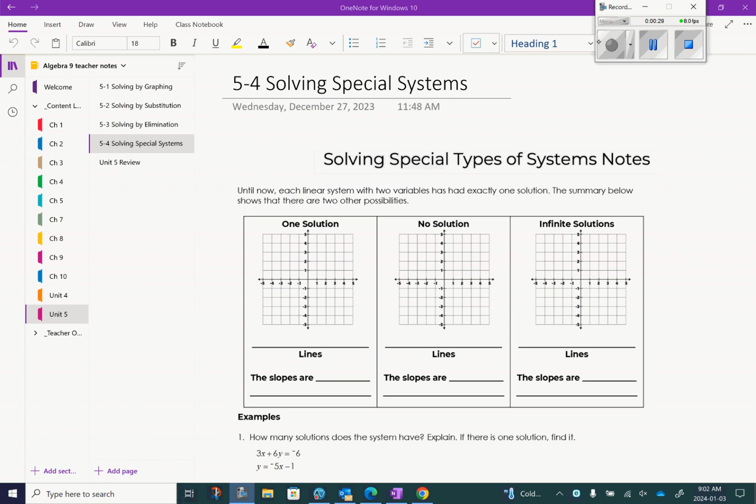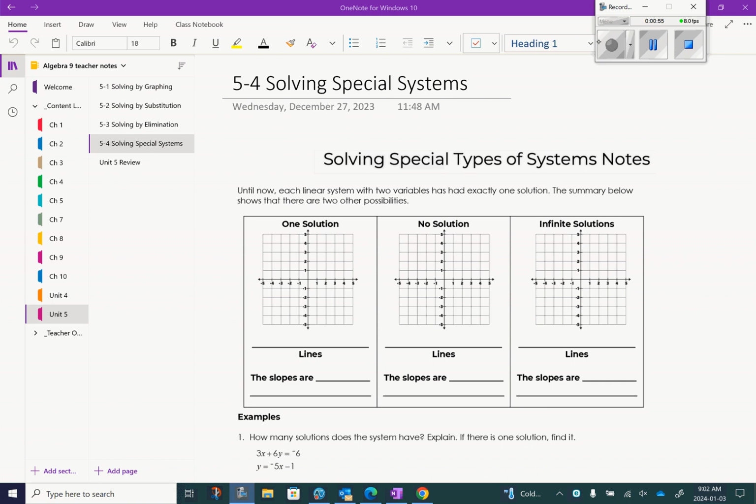We can solve by actually graphing them and then hoping that our graph is accurate. We can solve it by an algebraic method called substitution, where we take the one equation, solve it, and substitute it into the other equation. Or we can work with both equations together, add them together somehow to eliminate one of